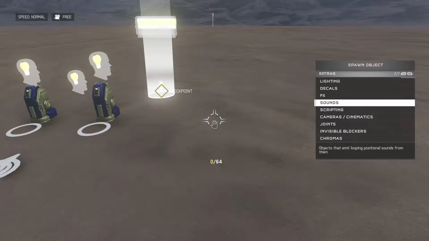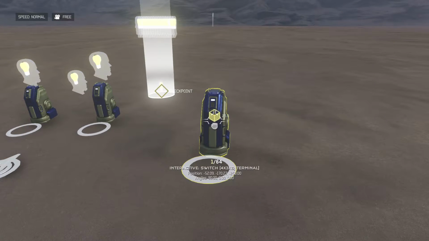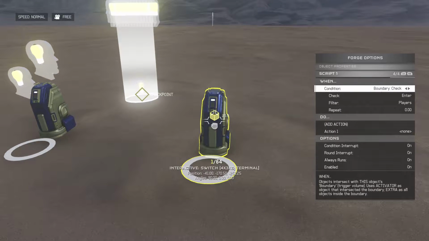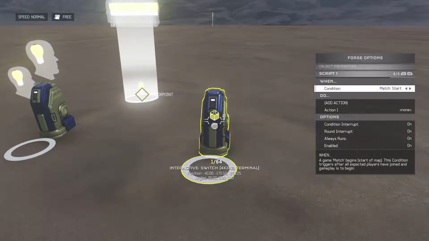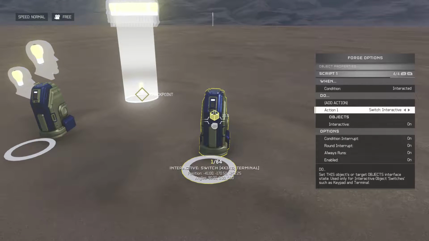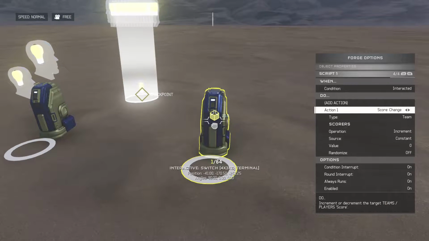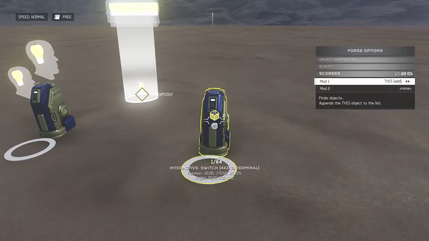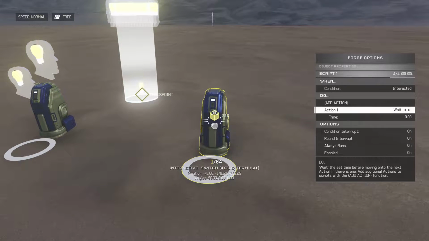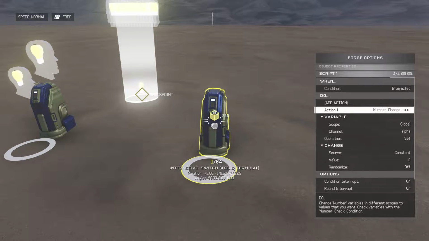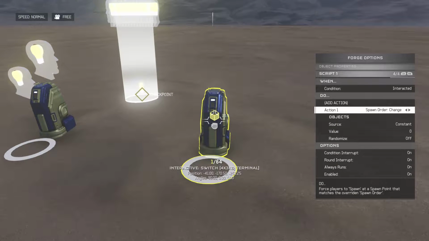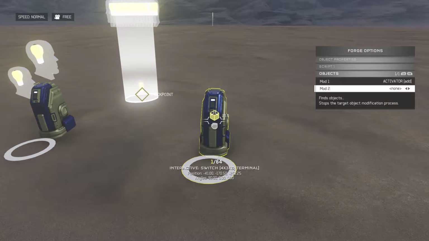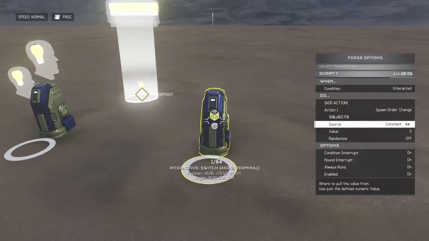255. So we're going to create a script. I need to make this a prefab because I do this all the time. On interacted, no, I'm going to score. No, I don't want to score change first. I want, where's spawn order? That's one of the early ones. Spawn order. I'm going to set the spawn order of activator to,